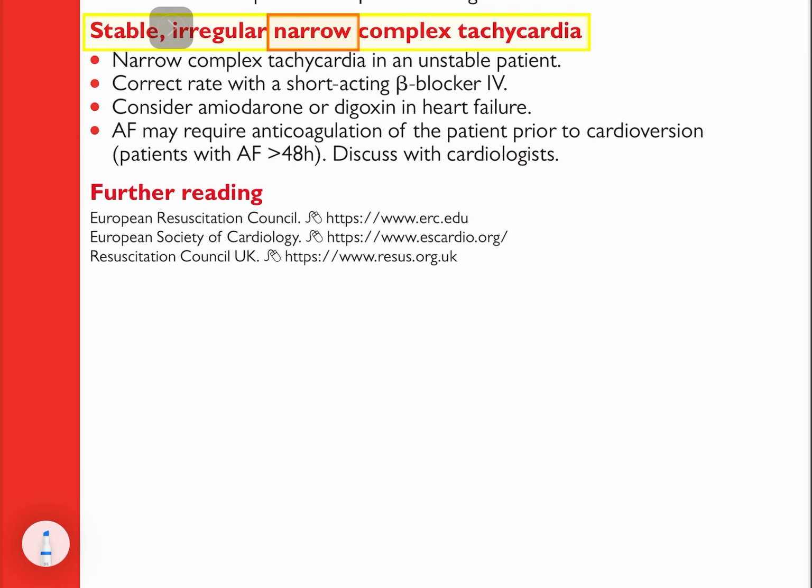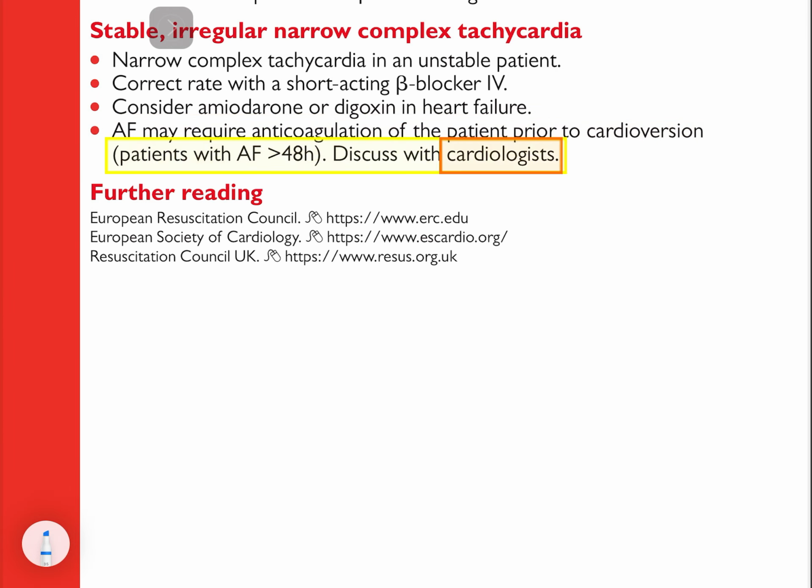Stable, irregular narrow complex tachycardia. Narrow complex tachycardia in an unstable patient. Correct rate with a short-acting beta blocker IV. Consider amiodarone or digoxin in heart failure. AF may require anticoagulation of the patient prior to cardioversion. Patients with AF over 48 hours: discuss with cardiologists. Further reading: European Resuscitation Council, erc.edu; European Society of Cardiology,